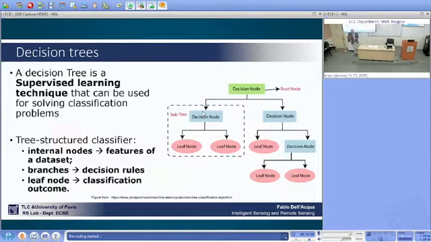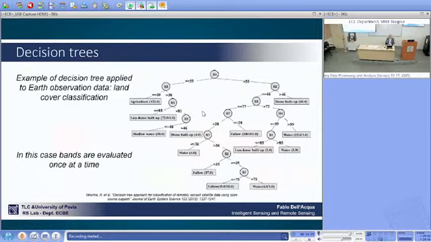a decision strategy. Okay? Whereas, for example, in the maximum likelihood approach, in the maximum likelihood classifier, you don't learn incrementally. You simply take the parameters of the Gaussian and you input them into the classifier, and that's it. Okay? So there's not really much, but this is an example of a decision tree that I took from classification, so from a scientific paper,